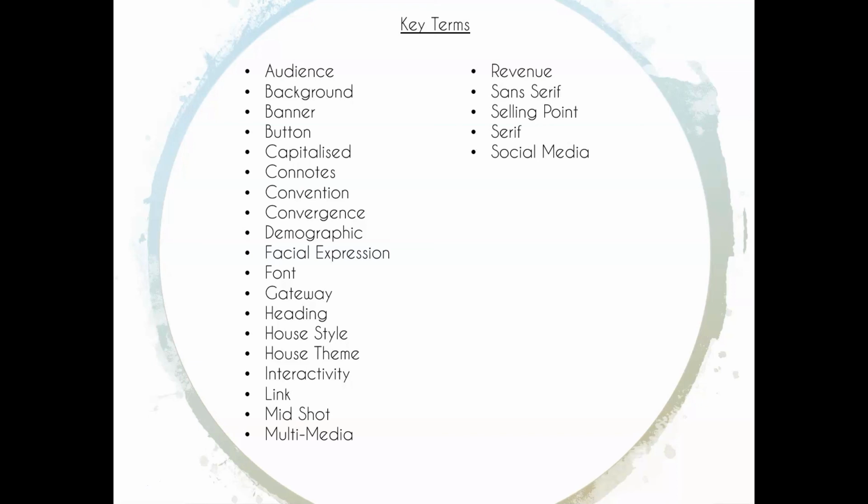Here are a few key terms that I've used throughout the video so far, so make sure you're looking up any of these that you don't understand using that glossary that I've signposted to you guys in the previous video